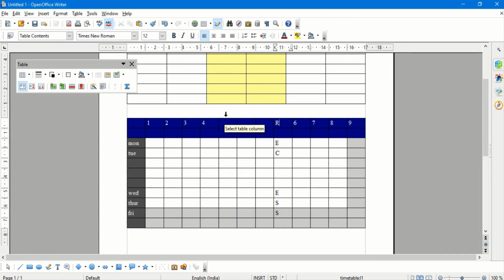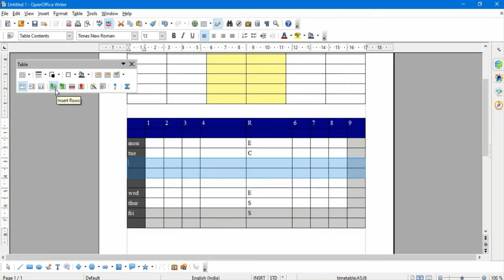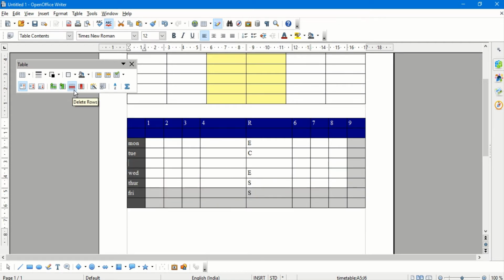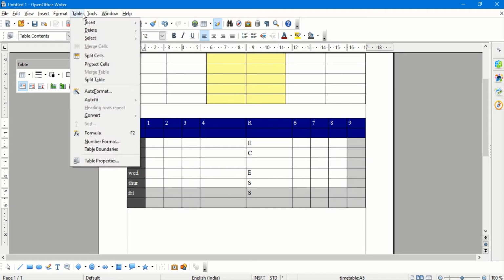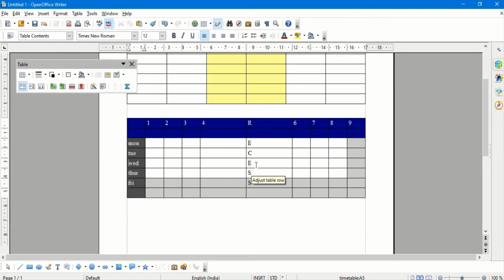Now the next thing is deleting. If I want, I'll select this, and if I click on delete rows, columns, then that many columns get deleted. Or if I want to do it individually, I can do that also, or else I can select the entire column, say suppose 2 here, and from here delete the rows. Or the other method is click on table, delete, and row. So whichever is the cursor position, that particular row gets deleted.